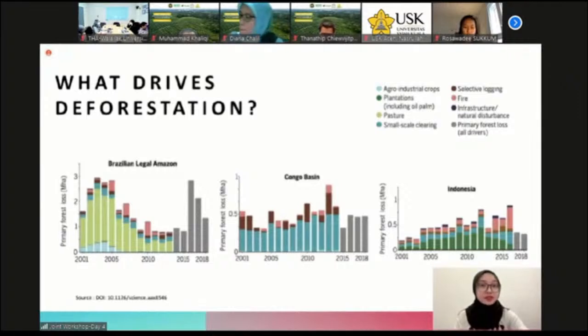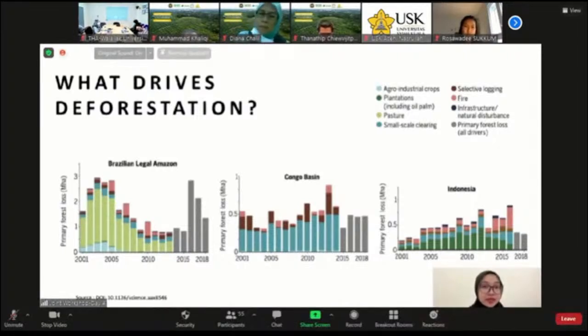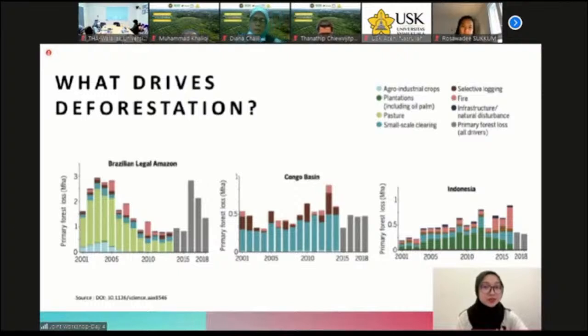As you can see, the main causes of primary forest loss differ widely in different parts of the tropics due to several causes such as agro-industrial crops, plantations, pasture, and others. Similarly, the current emphasis on the approach of removing deforestation from commodity supply chains rests on the assumption that the governments of producers will protect forests to maintain access to environmentally sensitive consumer markets. However, certified sustainable products do not yet command a substantial price premium.